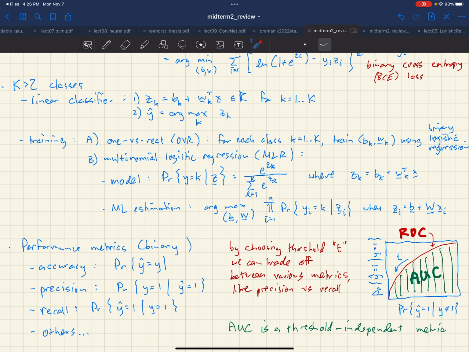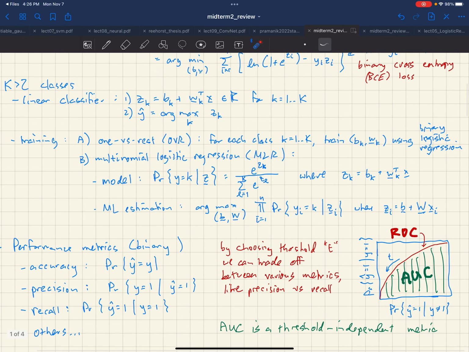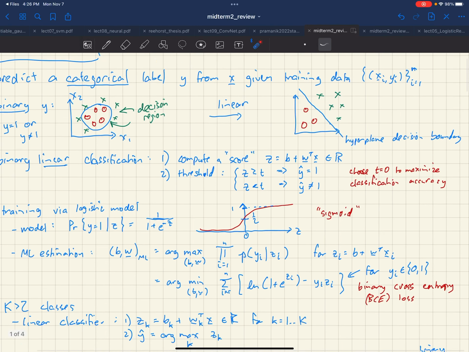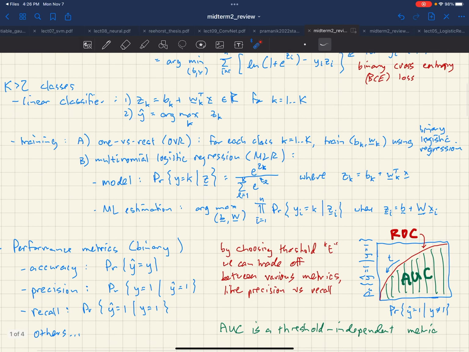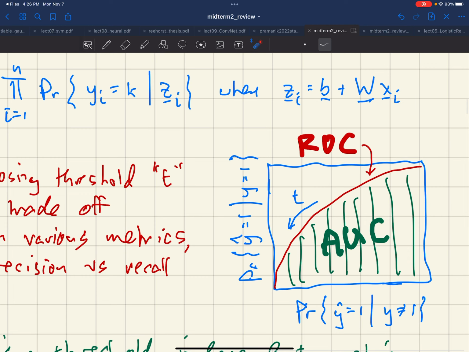Now, sometimes it's insightful to plot precision and recall versus each other on this chart. And what you'll find is that as you change this decision threshold, this was the number t over here, as you change the decision threshold,